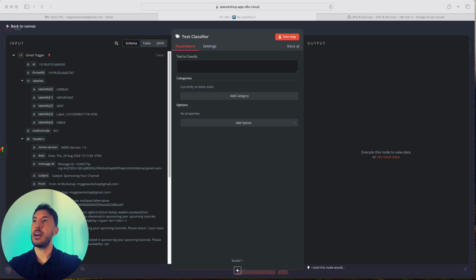So in this instance, our text classifier node is an instance of LangChain, which basically utilizes a large language model like OpenAI. In our case, we'll attach our OpenAI large language model to be able to classify a text and process it and label it into something different. So that's exactly what we're going to do. We're going to grab all of the data that's coming in from our Gmail trigger and use this instance of LangChain to connect it to the OpenAI model and classify and label these texts accordingly.